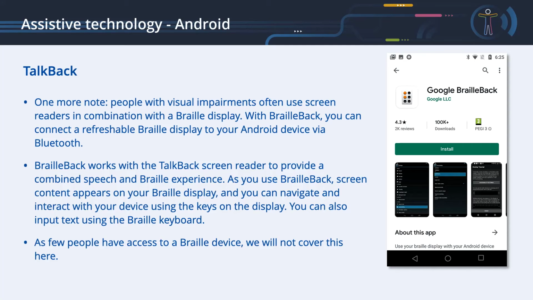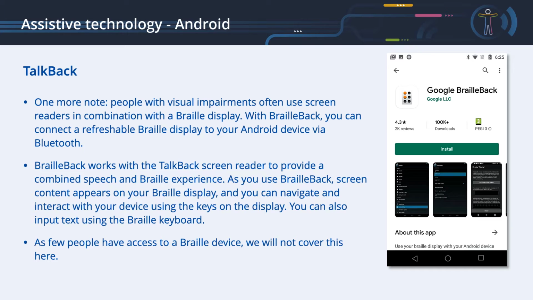One more note. People with visual impairments often use screen readers in combination with a Braille display. With BrailleBack, you can connect a refreshable Braille display to your Android device via Bluetooth. BrailleBack works with a TalkBack screen reader to provide a combined speech and Braille experience.